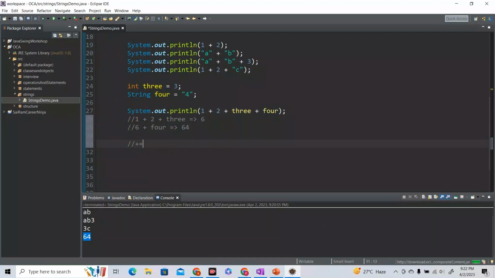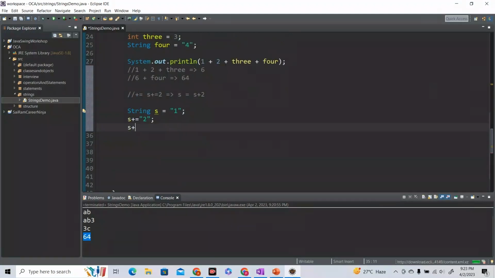Okay. Now, plus equals to, you have already known that it is a shorthand operator, right? So basically, if I do s plus equals to 2, so basically it means s equals to s plus 2, right? Makes sense. So if I take an example, string s equals to 1, then if I take s plus equals to 2, and then if I do s plus equals to 3, and then if I do sysout s, then it is